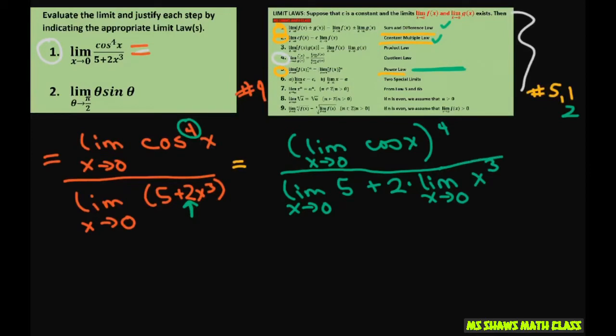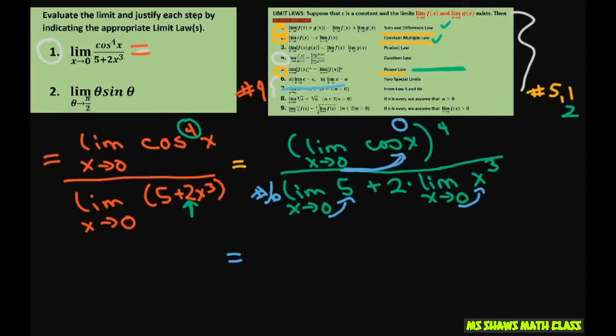Now, from there we can use the different laws in here. And basically all you're doing though is you're plugging in the 0 into all of these. And for this one, we're going to have this constant. So for this one, this is going to be like number 6. And here we're just plugging in. So let's just plug everything in. So when I plug in 0,